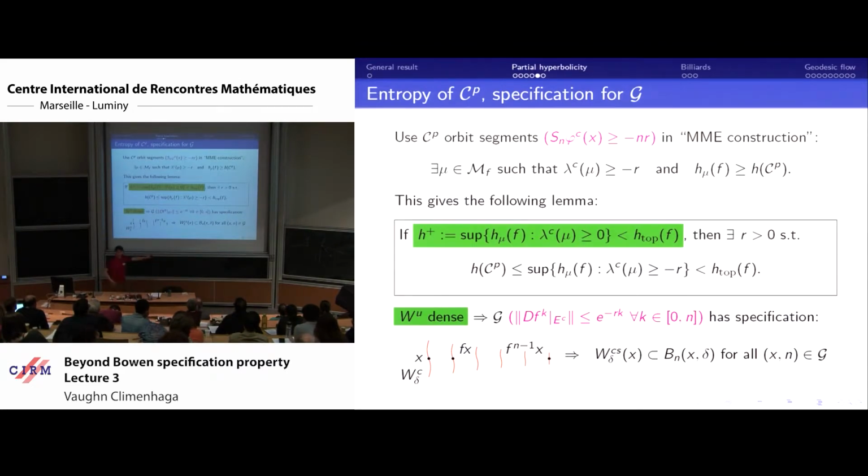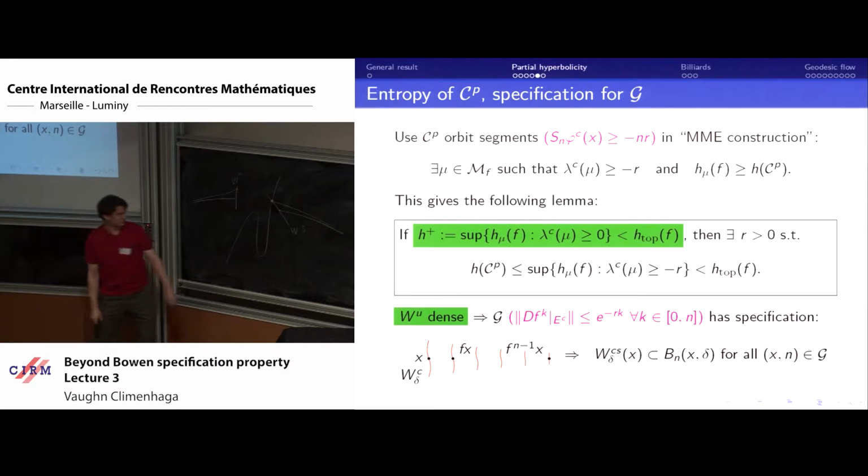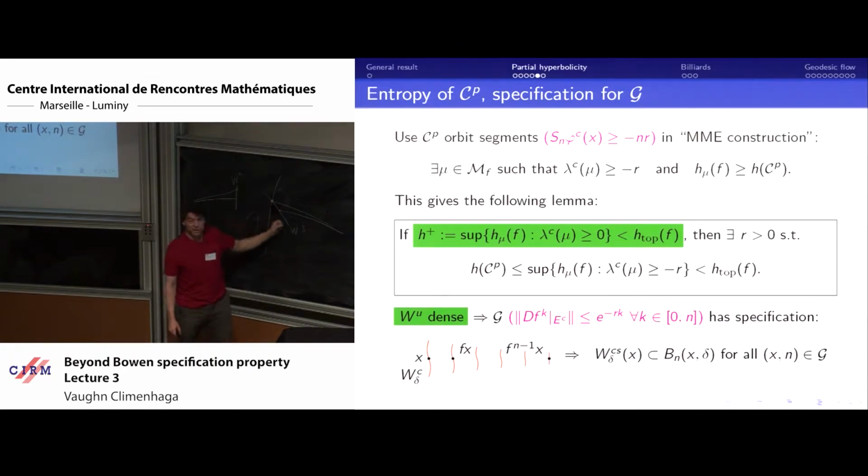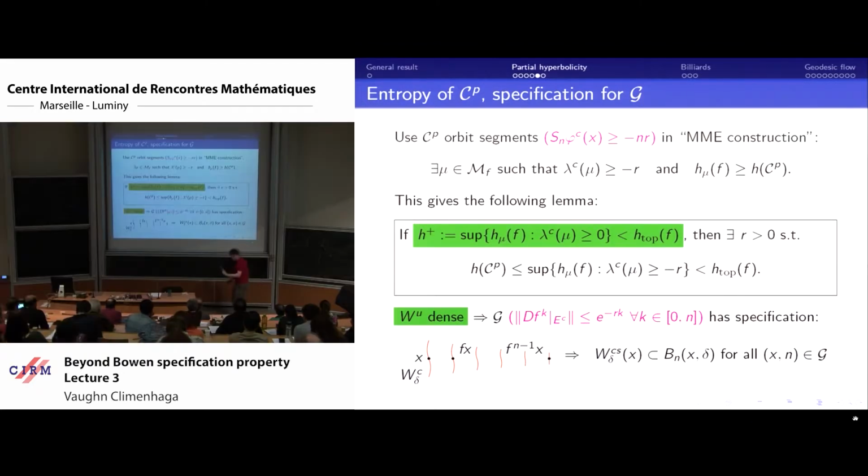And when I made that argument, I pointed out that you were only using one property of the stable direction. So here we want to run the same argument, but we want to use the center stable. The center stable does not have uniform contraction. But all you need is to know that a ball in the center stable is contained in the Bowen ball for this particular orbit segment. And that is true if it's a good orbit segment, because